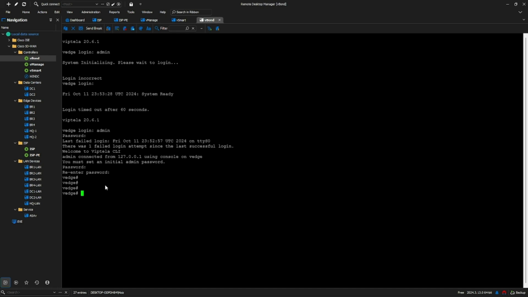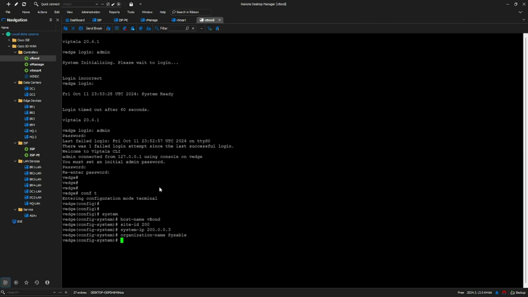So now vBond, you see that by default it is a vEdge, so we have to make this vEdge a vBond. So config t. In this one we don't have to worry about the management because it has a dedicated one actually, so we need not worry about it. So let's go to the system identification first, where I will say that host name will be vbond, site ID will be 200, system IP will be 200.0.3, organization will be Sysable, and clock time zone will be Australia and Melbourne, and